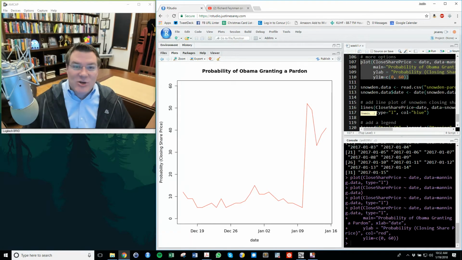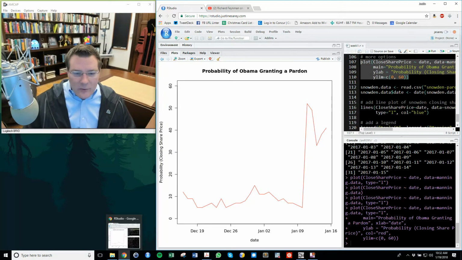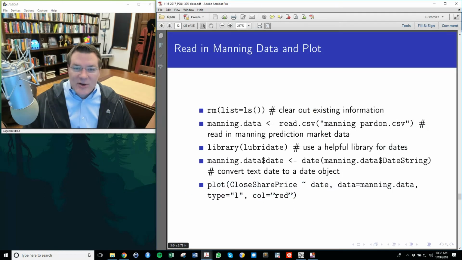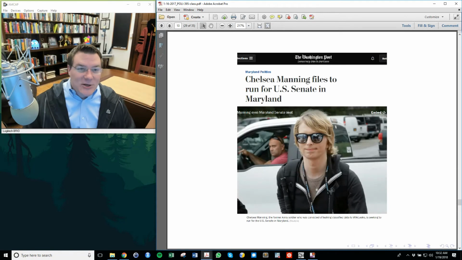Some information came into the market, and the prediction spiked to over 50%, and then settled down to around 45%. So the market learned something on this date, and then suddenly the forecast went way, way up. And in fact, if you look at what actually happened, we know that Chelsea Manning was pardoned.